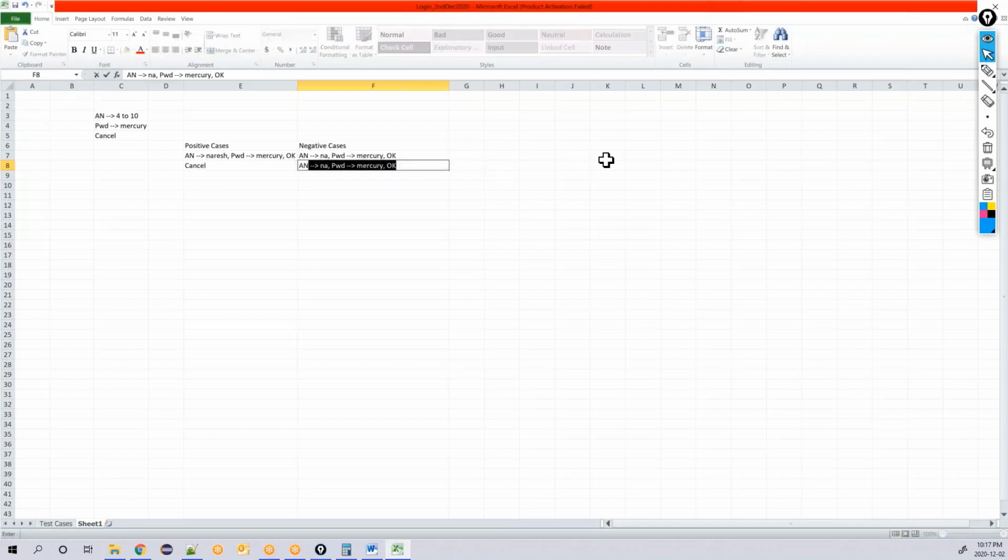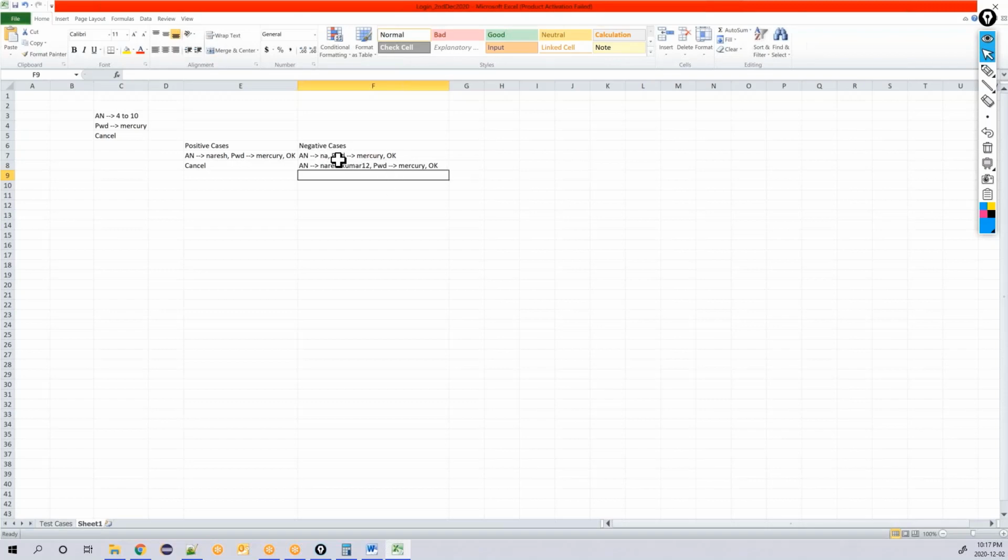Now I'll take agent name NARESHKUMAR. It should be between 4 to 10. Here Naresh is 6, Kumar is 5, total 11 to 13. Password, I am going to type Mercury, which is valid, and click on the OK button. So agent name is wrong, password is correct, and then clicking on OK.